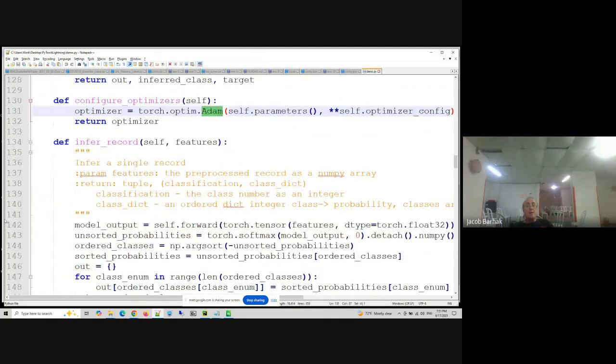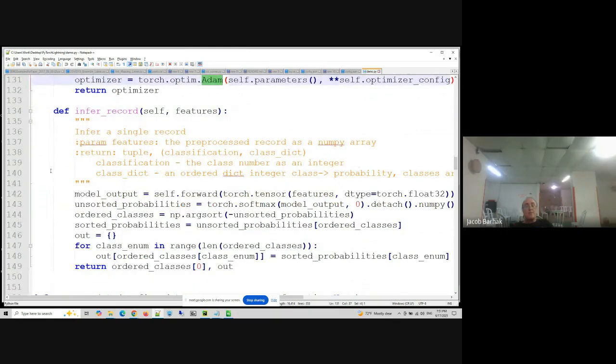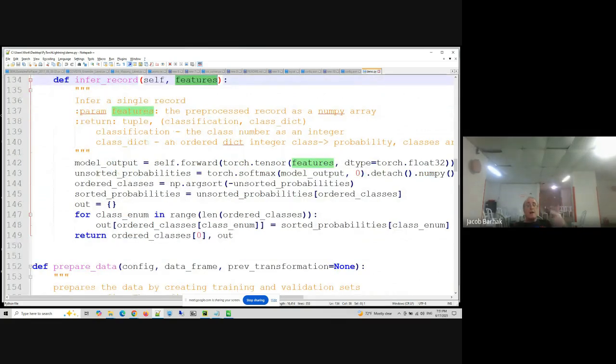It's not the same as the inference, which is another type of validation, which is after the network has been trained. So now you infer for a specific record, for which you provide the features. Basically, it's a NumPy array that represents your vector. Basically, you have to compute it, and it will output the data and do several other things.